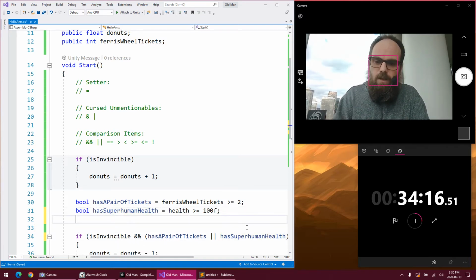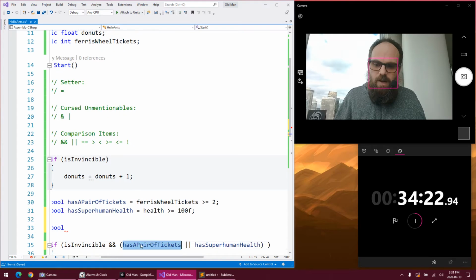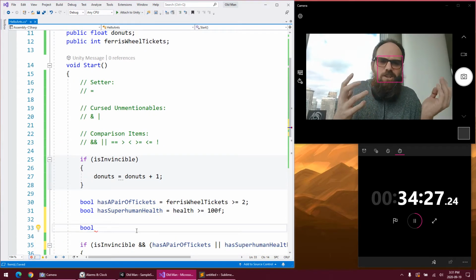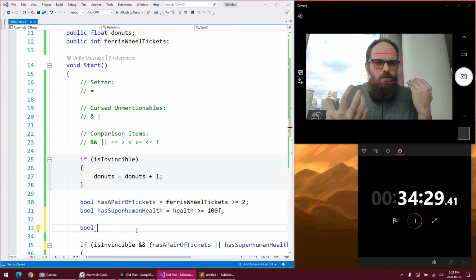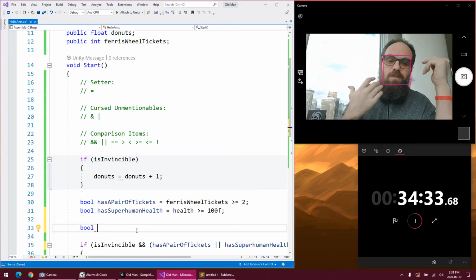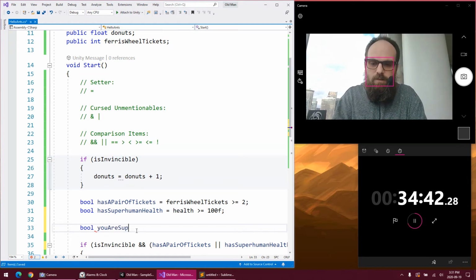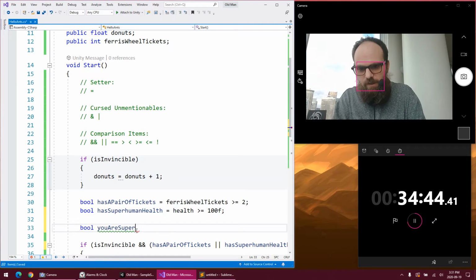Now we can even go a step further. So we want to compare the two of these, right? We have the or here, hasAPairOfTickets and hasSuperhumanHealth. What condition is that describing? Try to be descriptive in your thoughts. And if you come up with good labels, usually the definitions nicely follow. So I want to say, what does this mean? You are a super person on a date